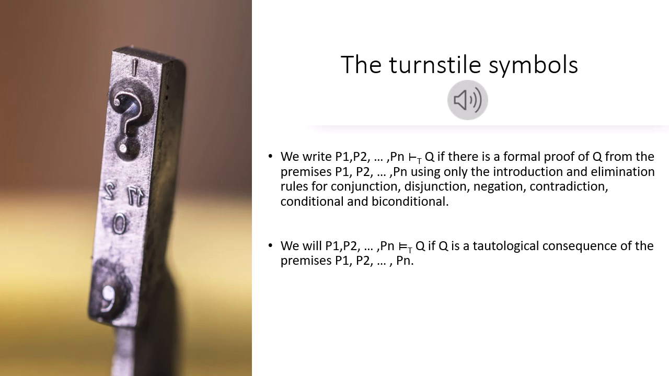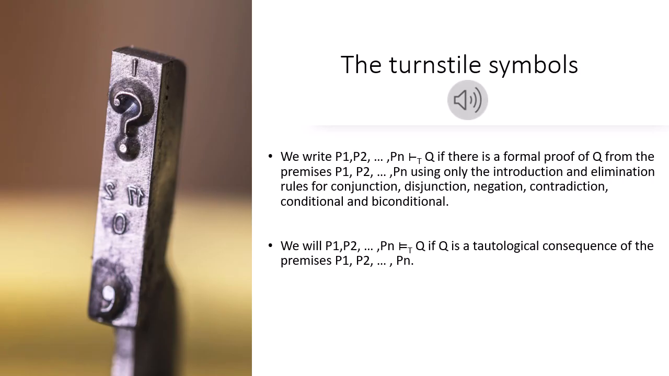If Q happens to be a tautological consequence of the premises P1 through Pn. And again, this is a semantic statement. This is about the actual truth table. And again, I'll remind you that tautological consequence meant that when you constructed the joint truth table for P1 through